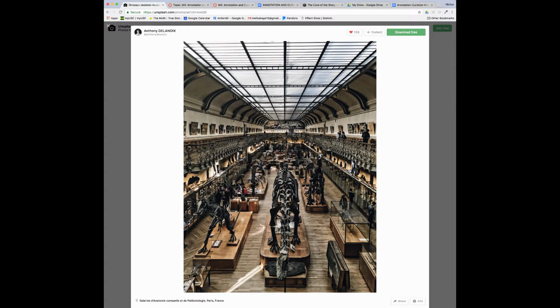The annotation provides information about the specific resource, and the curation provides information about the set of resources. So it would be a very rare case where we would curate one video or one website. What we would do is put those resources together, 2, 3, 4, 5 resources, and then curate them as a